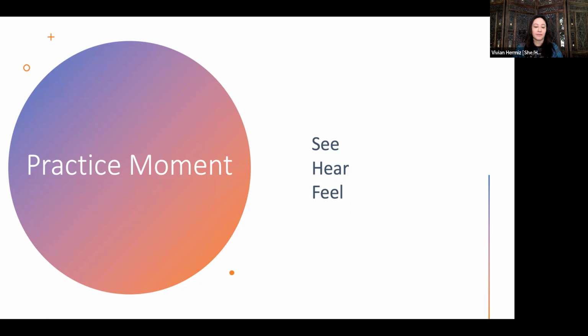Areas of contact, if we're seated or laying down, of our feet, if we're standing. Just noticing any and all sensations. Some may be pleasant, some may be unpleasant, some might not be either. You can notice that too.